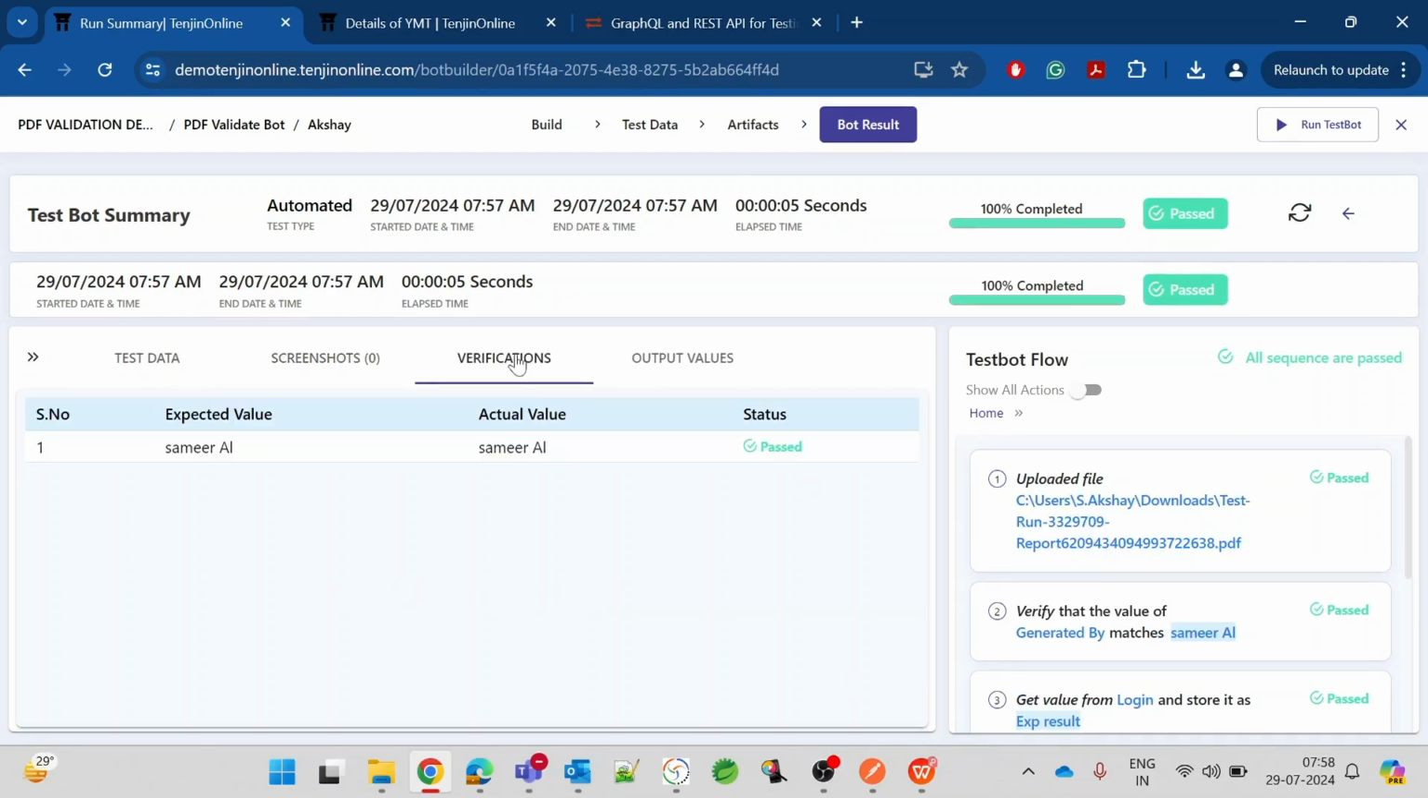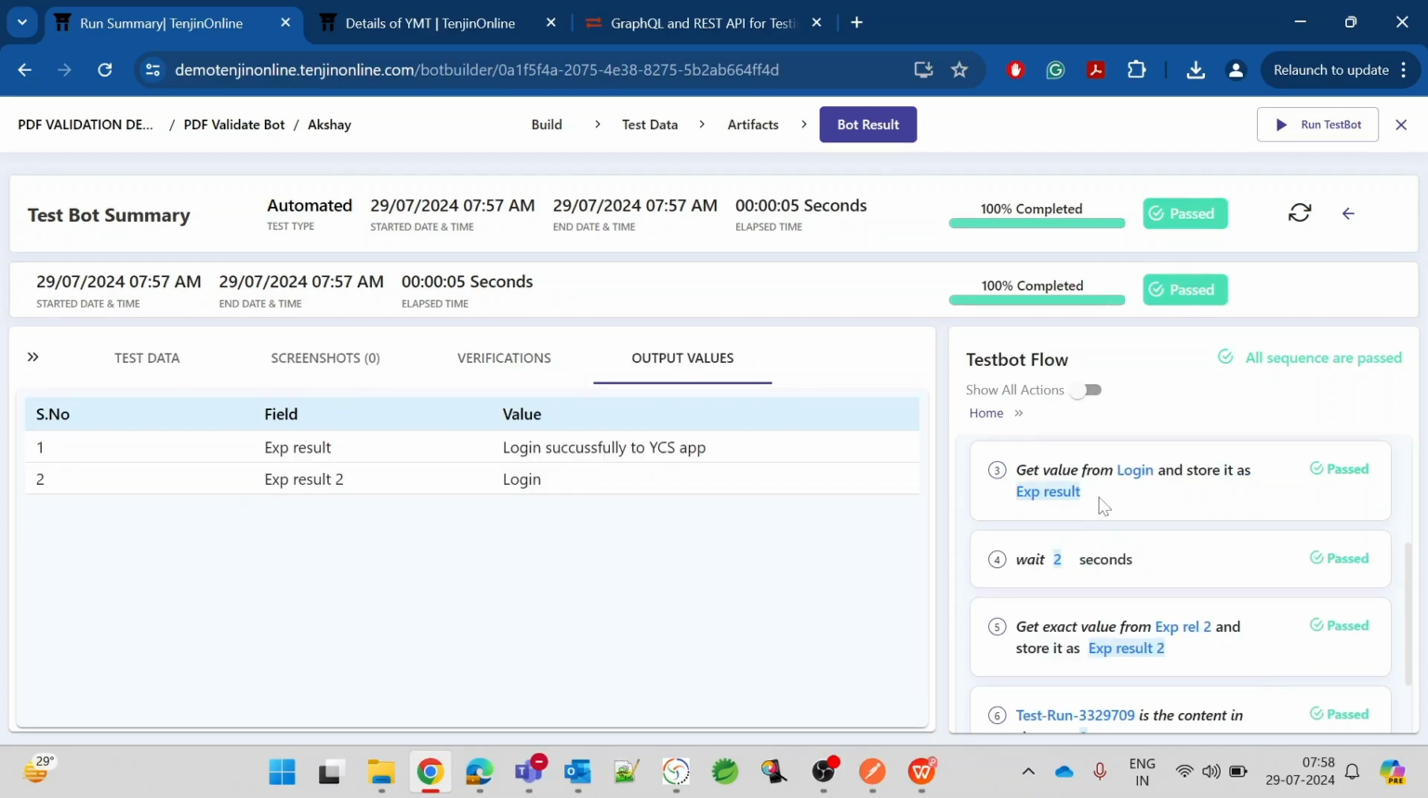And verifications is the place where we verified the first action, that the value generated matches the test data that I provided, so that is also a pass. In output values, we captured one get value and one get exact value. This is the difference between get value and get exact value. We only selected login and gave get value, which captured the whole sentence, not the data alone that we wanted. That is get value. Get exact value, see, we recorded only login,